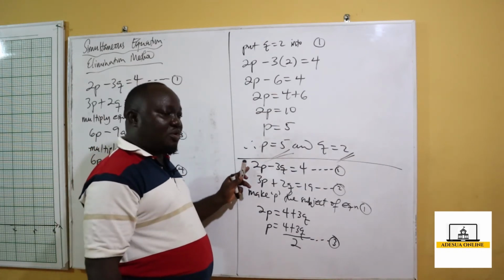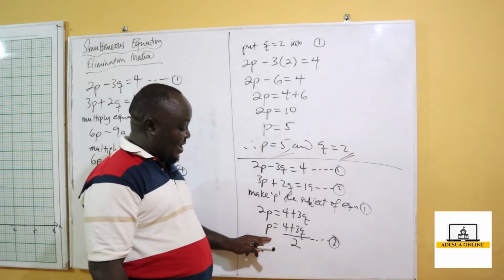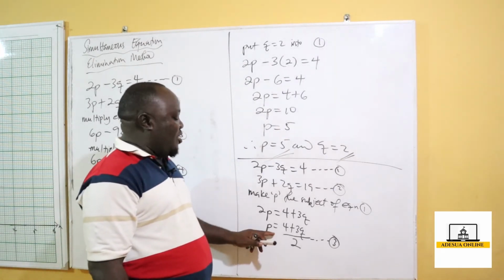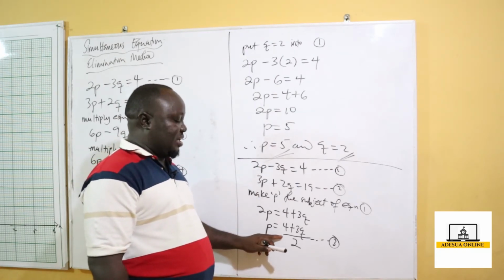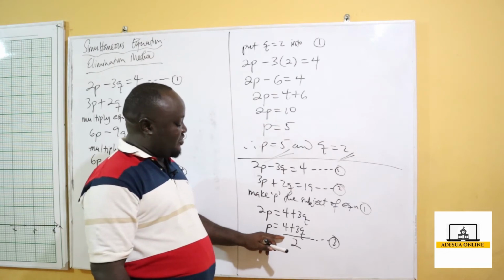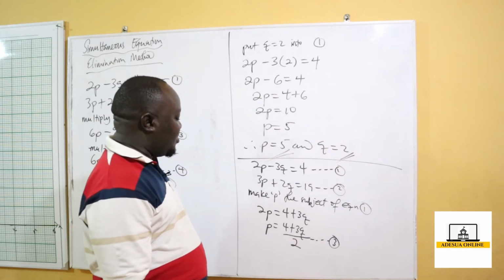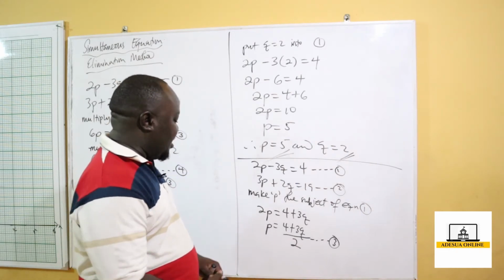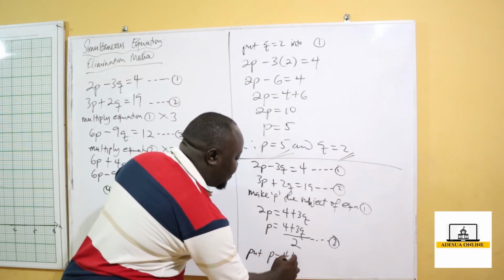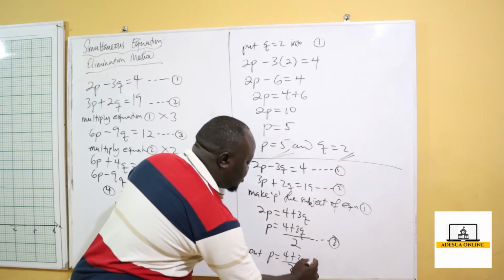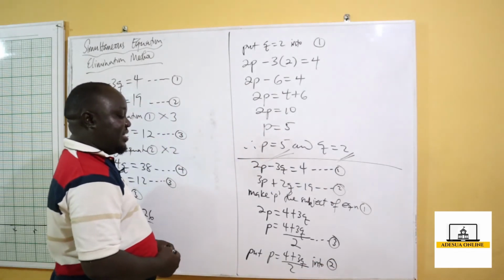Now, because we got this equation from equation 1, we can't put P equals this into equation 1. Now we have to substitute this P equals 4 plus 3Q over 2, which we got from equation 1, into equation 2. So we move to equation 2, we put P equals 4 plus 3Q all over 2 into equation 2. So doing that, we shall have,